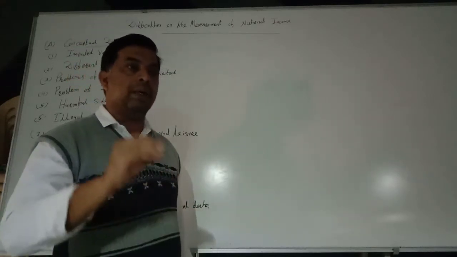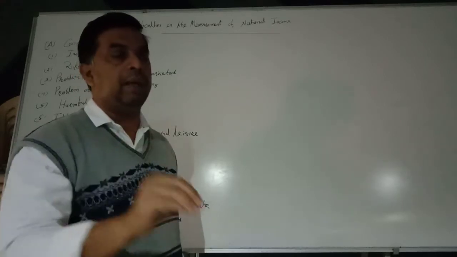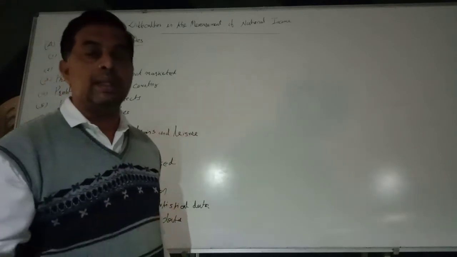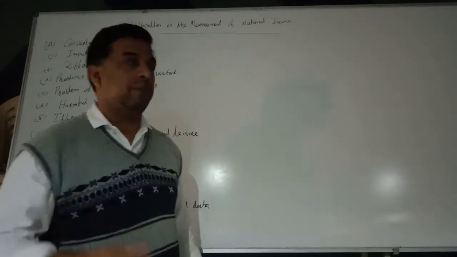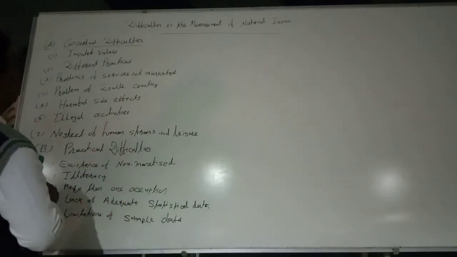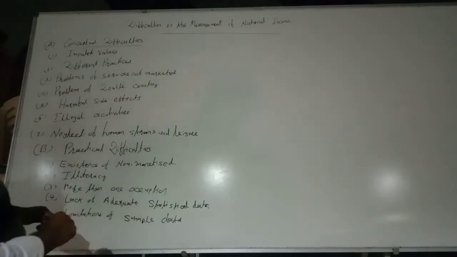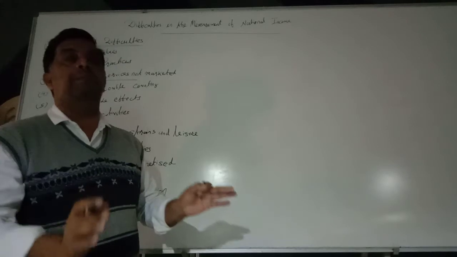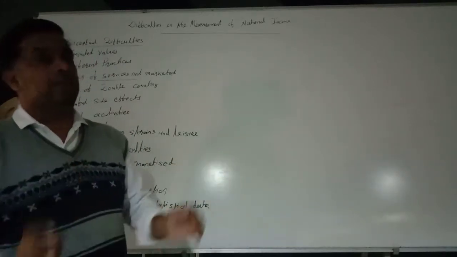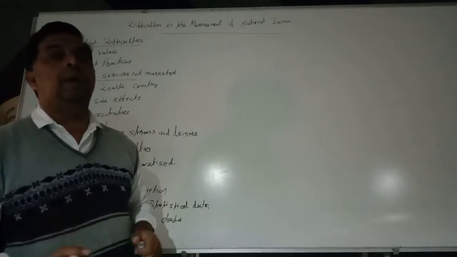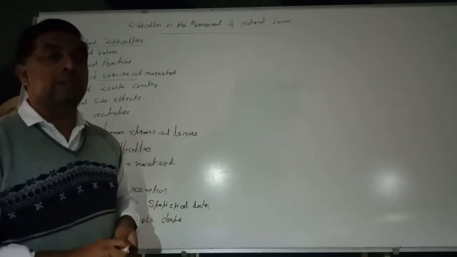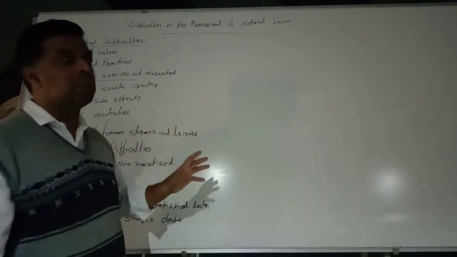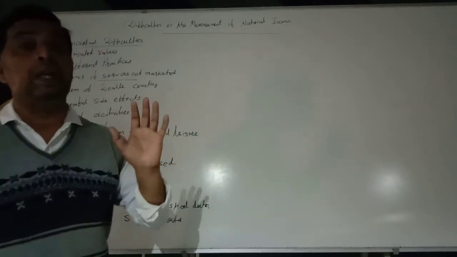Okay, so as far as international comparison of national income and per capita income is concerned, it becomes less significant. Why? Because different countries adopt different practices in measurement of national income. Next is the problem of services not marketed. Okay, this is also a very important point. We have already discussed aggregate market value of all final goods and services. Okay, so as per the concept of national income, we must include only those goods and services which are marketed, which have market value. So the service of a housewife is not included in national income.